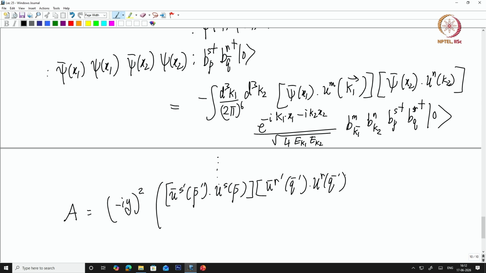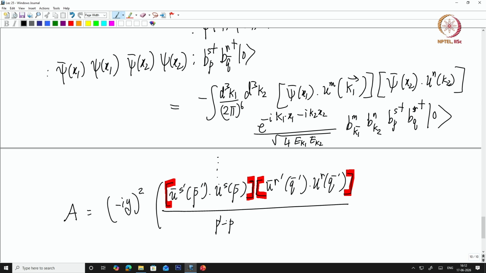These square brackets are the spinor brackets. Let me just emphasize this a little bit more: these square brackets are the spinor products,